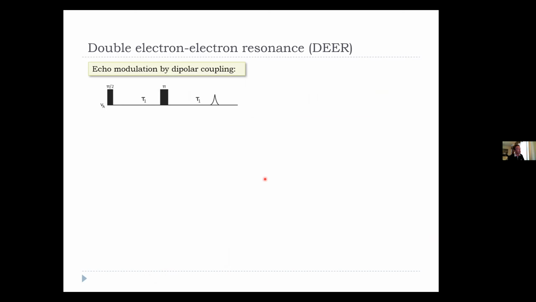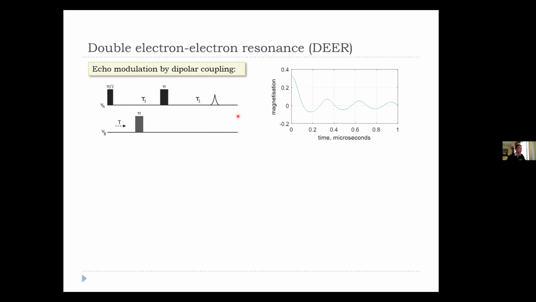Let us now go into our good old electron spin resonance and to our practical use case. Nobody in this audience needs an introduction to DEER. It's a spin echo, glorified spin echo, which has been messed with on the other electron. So if we have this echo and we have a pulse on the other electrons, the echo gets modulated as